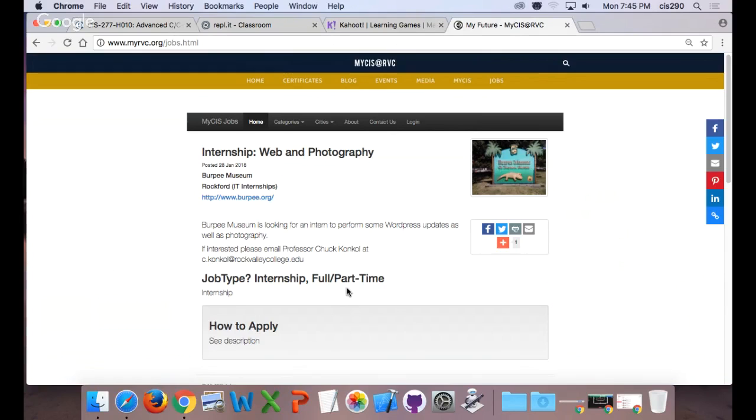It is unpaid, but again, what you would experience would be beneficial to you wherever you might go to Rock Valley or beyond. If you've ever been to Burpee, tons of local leaders go there, and company leaders, CIOs and CEOs. So you'll be able to rub shoulders with a whole bunch of people. And you get to play around with some pretty cool artifacts if you've ever been interested in that type of stuff.